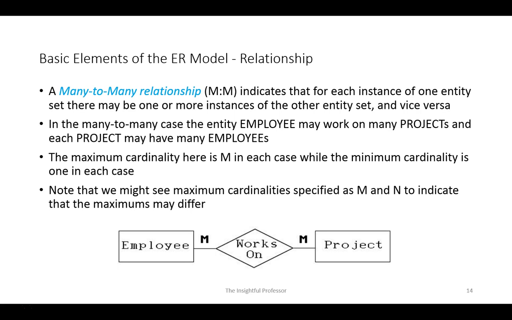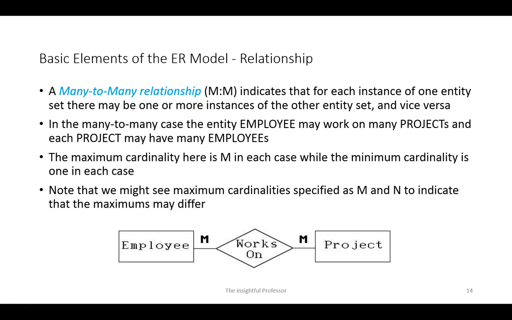We'll talk a little bit more about this when we get to optional participation in a moment. So here we could say that many instances of one entity type are associated with many instances of another entity type. However, making a statement like that, it's a little too vague. It doesn't really tell us much about the actual association. But by focusing on the relationship from each direction, the semantics, and hence the cardinality, becomes easier to recognize and